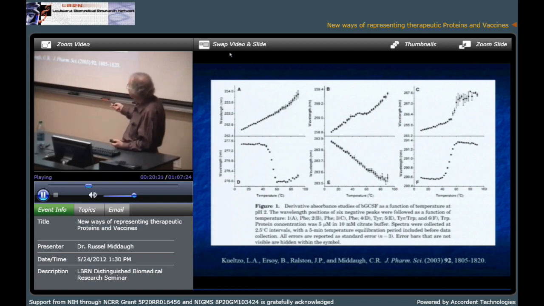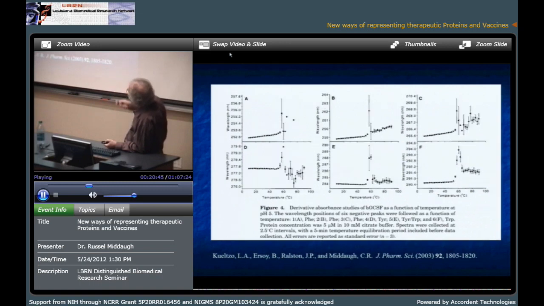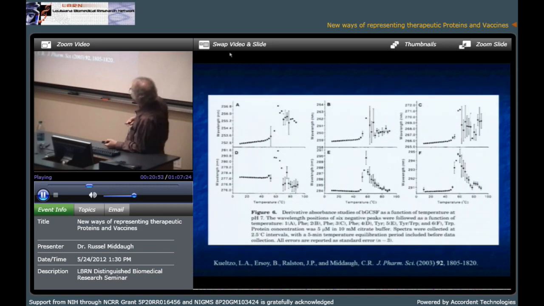Now this is pH 2. Now watch what happens. Just allow your eyes to relax. I don't want to spend a lot of time talking about it, but watch how these spectra change. pH 3, pH 4, look at that. That changed direction. All of a sudden there's a peak down here. pH 5. Now notice the noise is starting to appear. The protein's starting to aggregate. It's hard to measure peak position when it begins to aggregate. pH 6, pH 7.